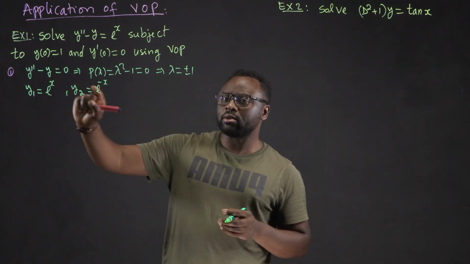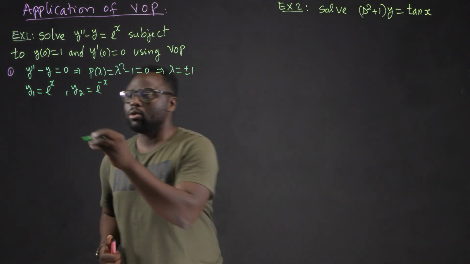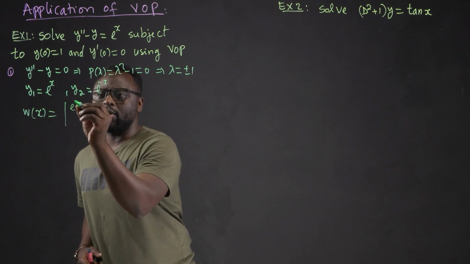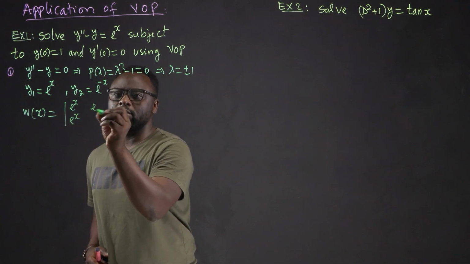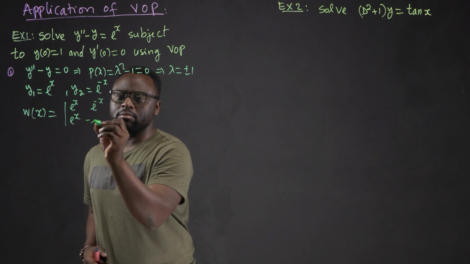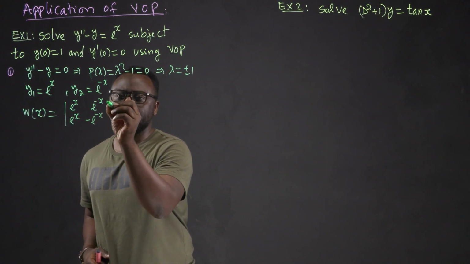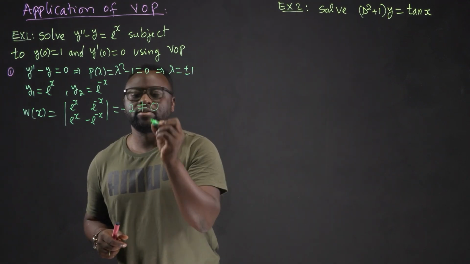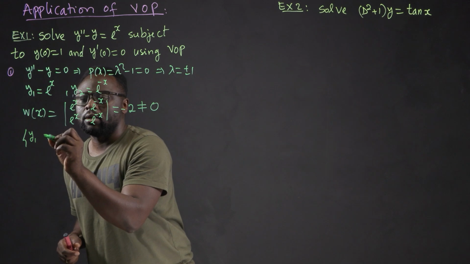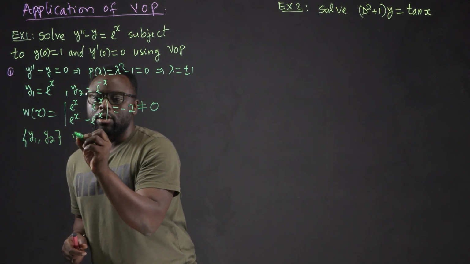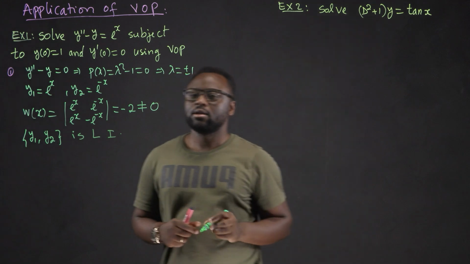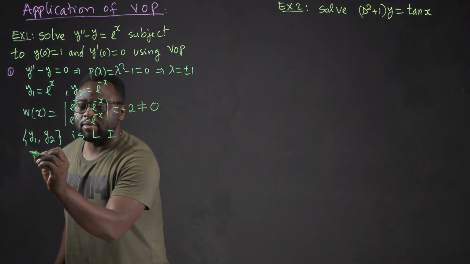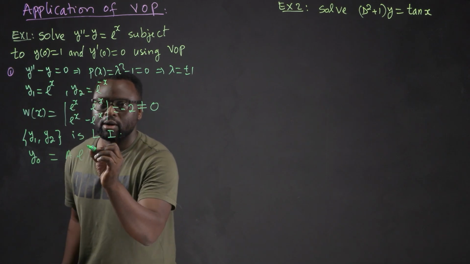We have to check if these are linearly independent. So we use the Wronskian. If you remember the Wronskian I explained: y1 is e to the power x, y prime 1 is e to the power x, y2 is e to the power minus x, and y2 prime is minus e to the power minus x. If we cross multiply these, we have minus 2. This is different from 0. So the system y1, y2 is linearly independent, okay? Therefore, the homogeneous solution here is just